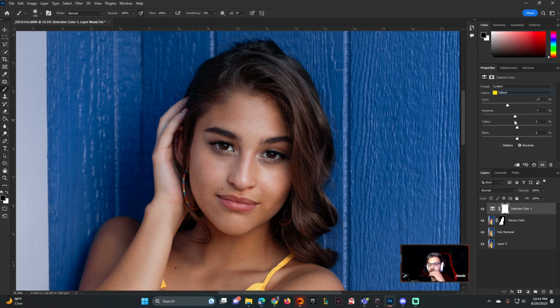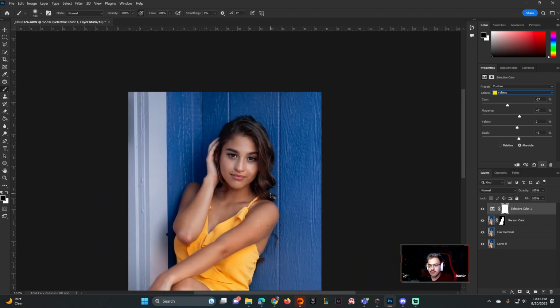Magentas, I don't want it to be like that, so we'll keep it right around there at 7. That adds way too much yellow. I'll leave that at 0. And I'll put that at 5. And then for me, that's pretty much it, because we also have the dress here that we were kind of